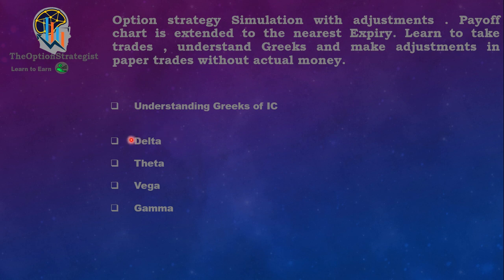Delta tells how much your premiums are going to increase or decrease with movement of the underlying. So let's say if the underlying moves by 100 points, how much the premium of the strikes is going to change. That is given by delta. So it's just the change in premium with respect to the change in the underlying price,